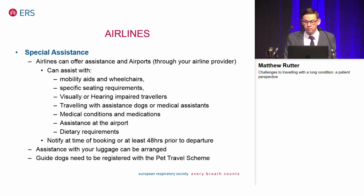If you do have to travel with a guide dog, they need to be registered with a pet travel scheme. So I was unaware of this. I don't know if they let you in the cabin without your dog or how that works, but